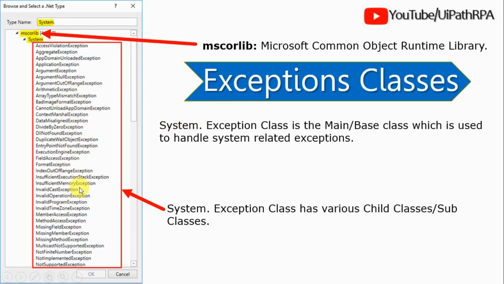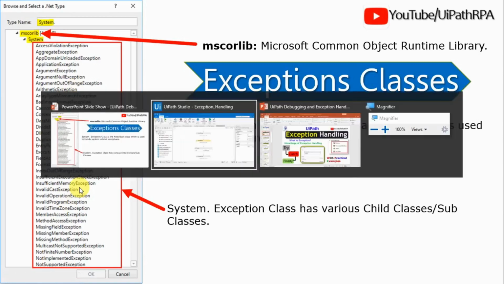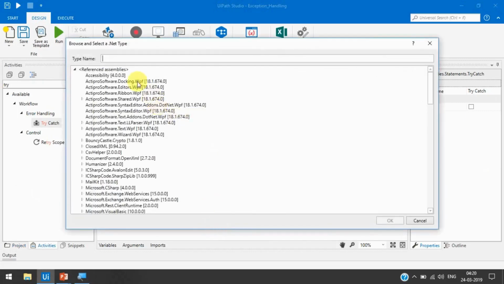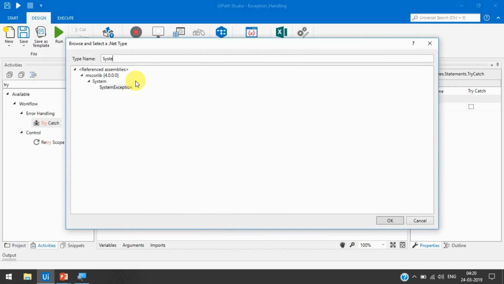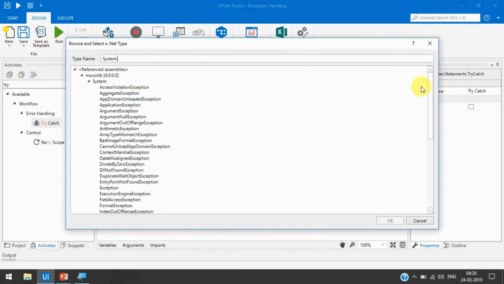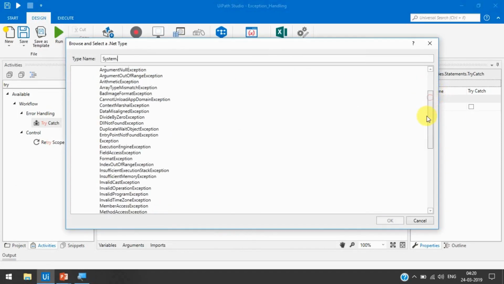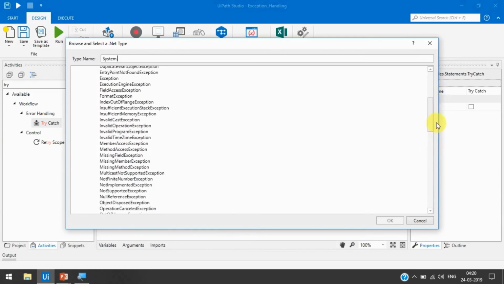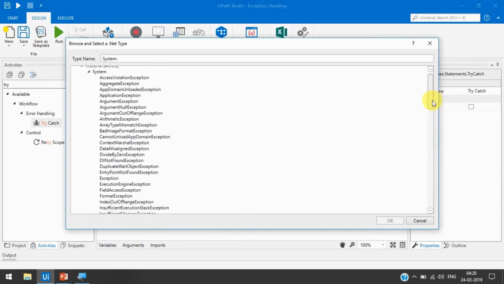if you see here in the UiPath catches block, if you just click on browse for types, and you type here System dot, then you can see there are lots of exceptions available in the UiPath .NET types.